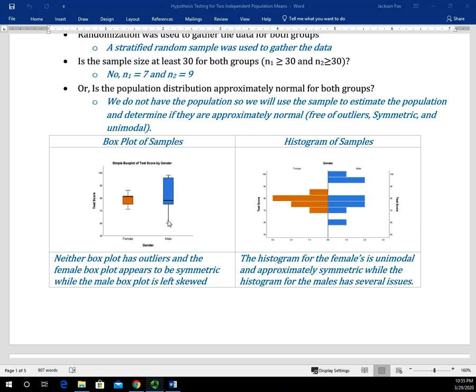You can see the tail that's going down, that's going towards the smaller values, so that would be the left side of our picture if we had it oriented in a horizontal fashion. So we have some left skewness in this distribution, which can be a little bit problematic when we take a